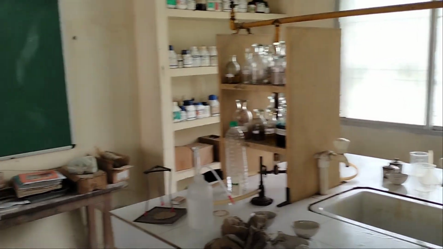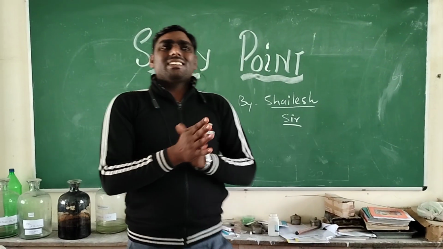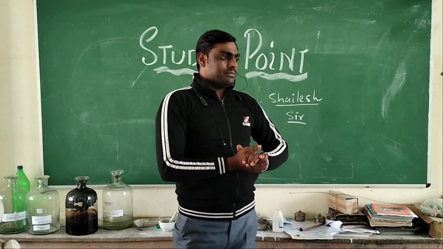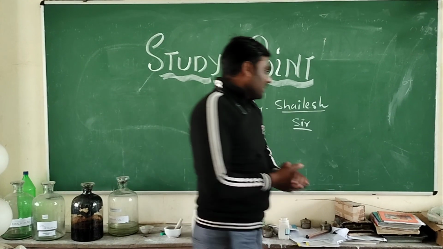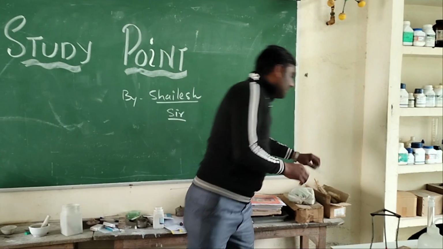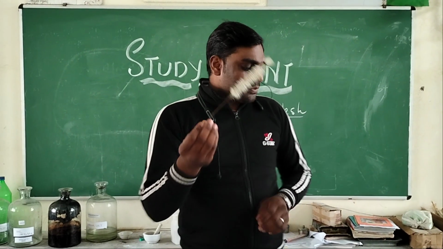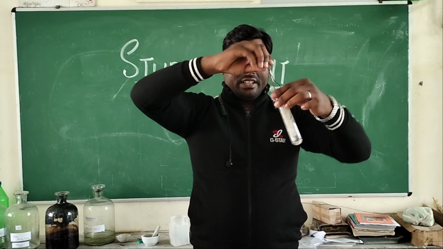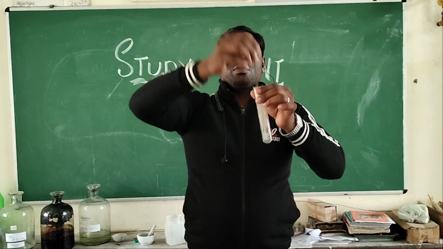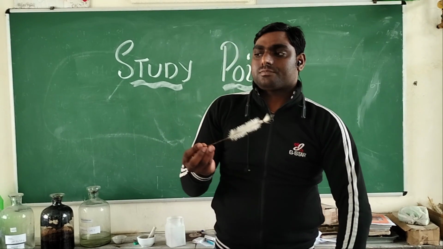So these are the basic equipments which are used in the laboratory up to class 9th and 10th, and I hope I am able to successfully explain all these equipments. Some more equipments are present. This is known as brush, test tube cleaner. It is used for the cleaning of the test tube. If some material gets deposited at the bottom of the test tube, we should use it to clean it. So it is known as test tube cleaner or brush.